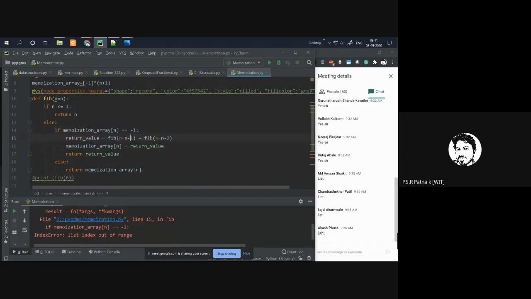N is equal to -1. N is equal to -2. If I get it for 2, okay, so when the n value is 2, I will be getting here n is equal to 0 and -1.